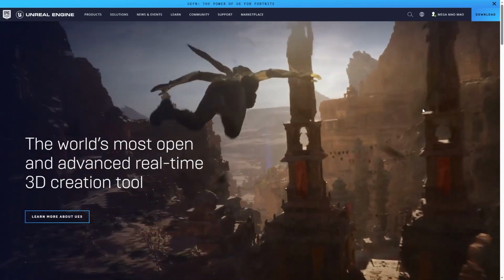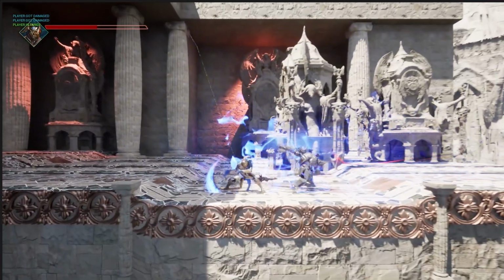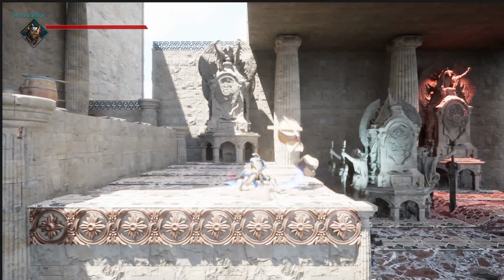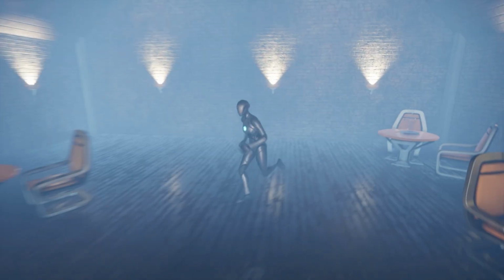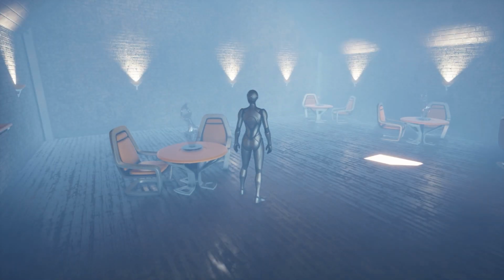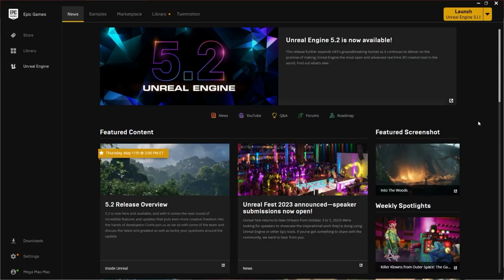Welcome to this exciting Unreal Engine 5.2 tutorial for complete beginners. If you've always wanted to dive into the world of game development, but have never used Unreal Engine before, then you've come to the right place. In this step-by-step tutorial, we will start from scratch and guide you through the process of downloading and installing Unreal